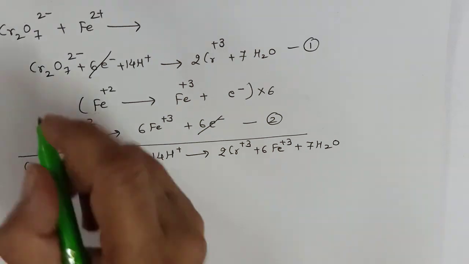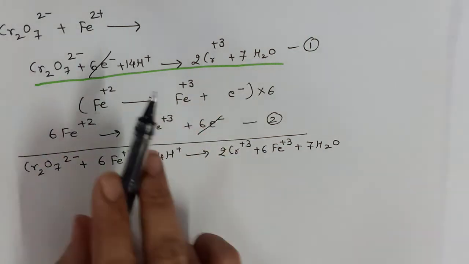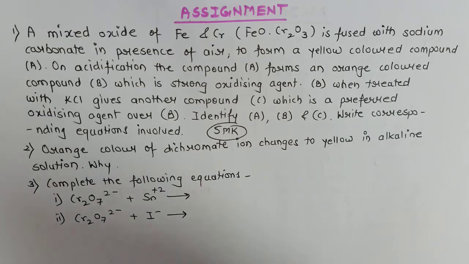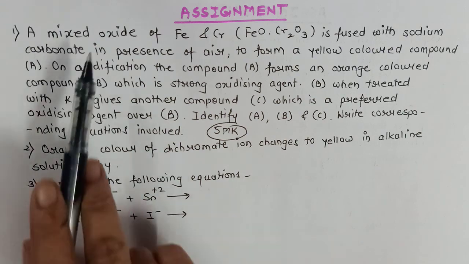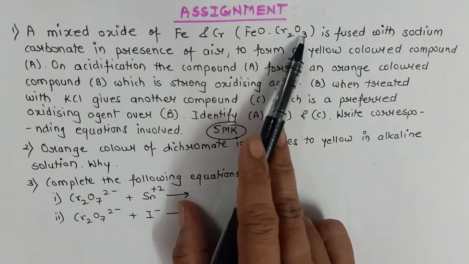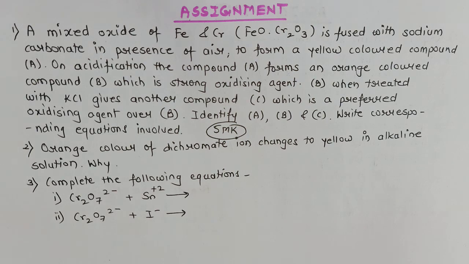Now remember this basic equation. Whenever dichromate complete equation type of questions are asked, this is a sure reaction. This will be a sure one of the half equations. Now you will add the other one. Similarly, you try to carry out the reaction between dichromate ion and iodide, dichromate and hydrogen sulfide, etc. So based on today's module, these are the assignment questions for you. This is a word problem. Pay attention to colors, pay attention to the formulas. This is asked for 5 marks, and also the complete the equation type of questions.